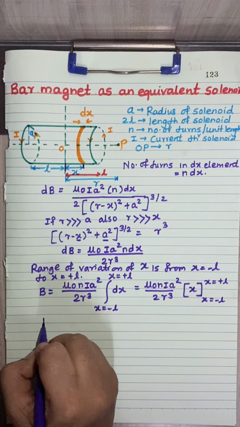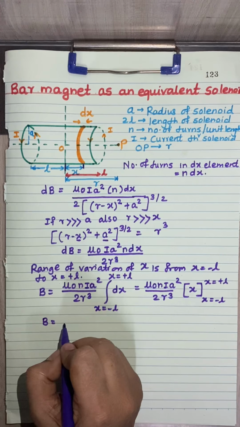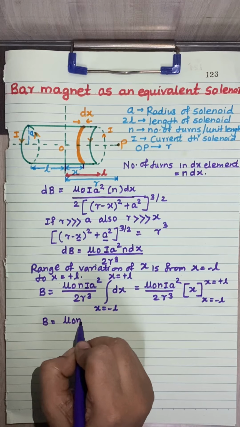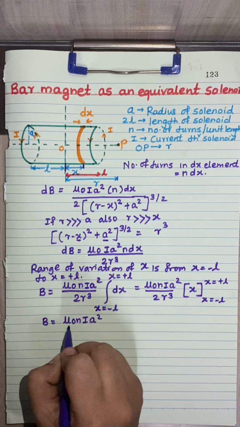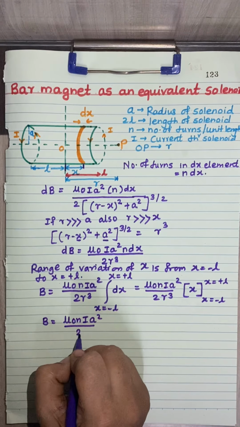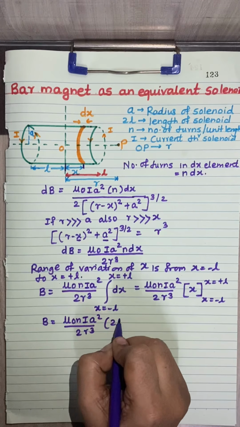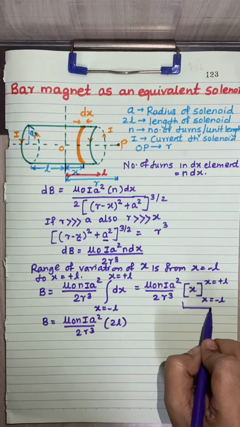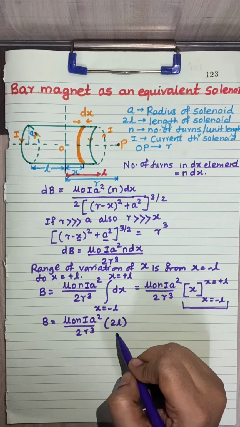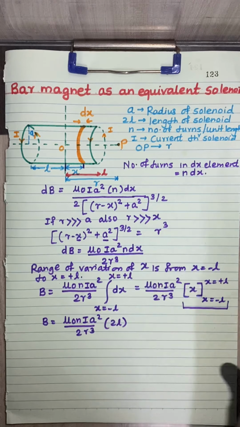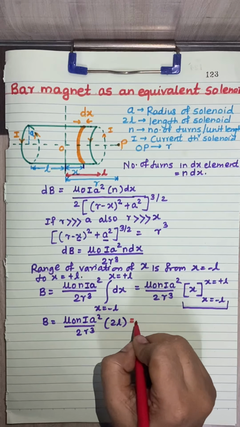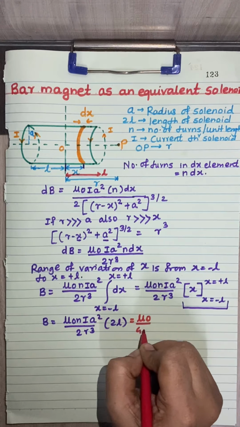Okay, so I can write down here the expression B is equal to mu naught N I A square divided by 2r cube into 2L, because after integration and applying the limit I am getting the term 2L. Therefore, I can write down the expression for this as equal to mu naught upon 4 pi